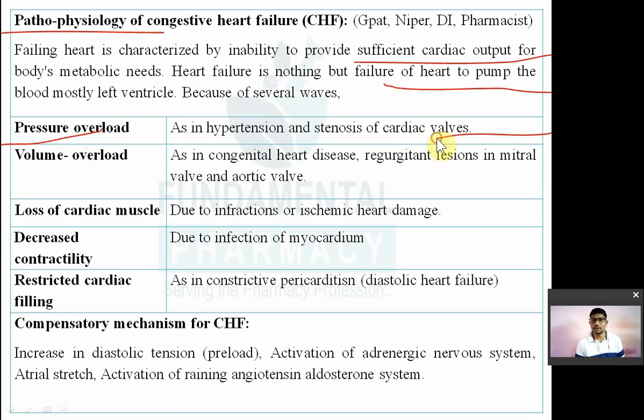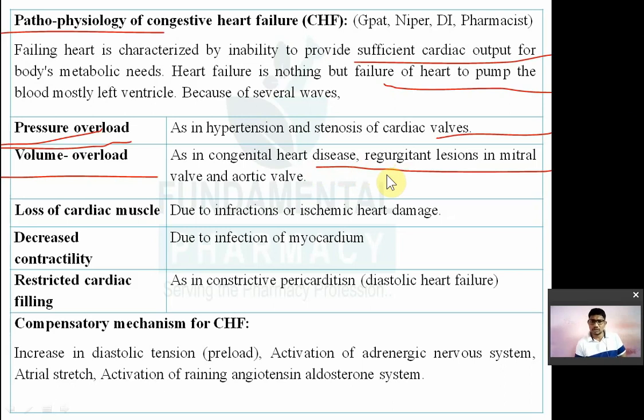जो आपका साइनोएट्रियल वाल्व है या फिर मिट्रल वाल्व है, उसका स्टेनोसिस मतलब वो बंद हो गया है, या फिर आपको सीवियर हाइपरटेंशन है, सो दैट विल कॉज प्रेशर ओवरलोड ऑन योर हार्ट, and it is one of the causes for congestive cardiopathy. Another cause is nothing but the volume overload. So if there is a drastic increase in the blood volume due to congenital disease, due to genetic disease, or then